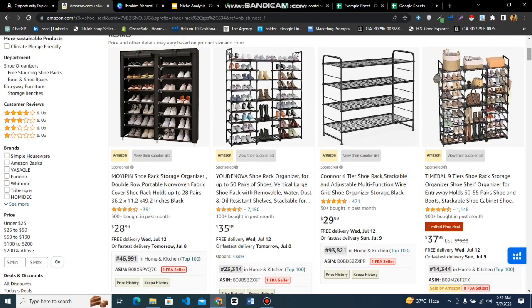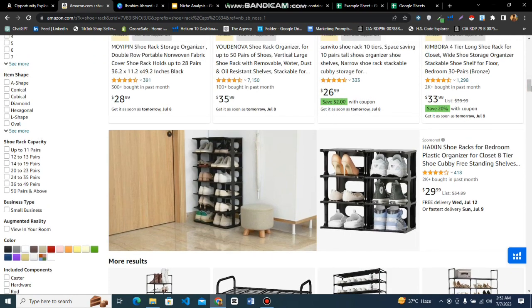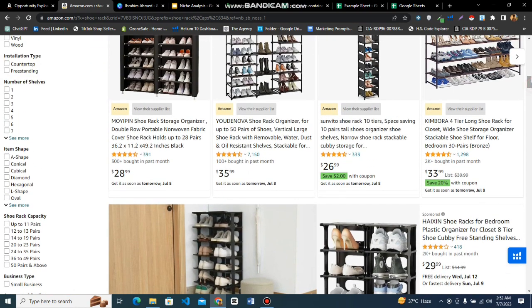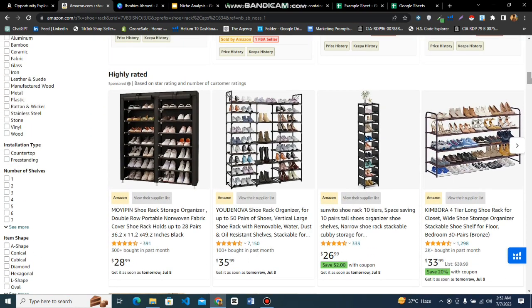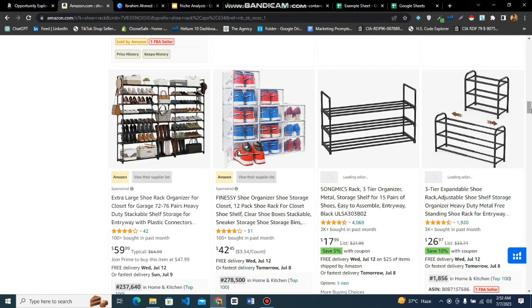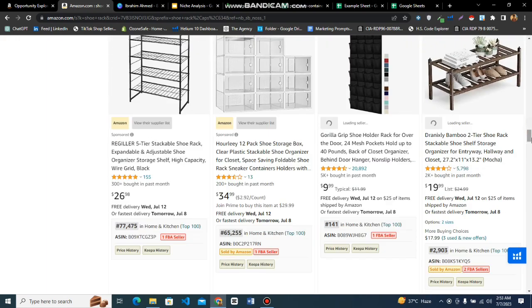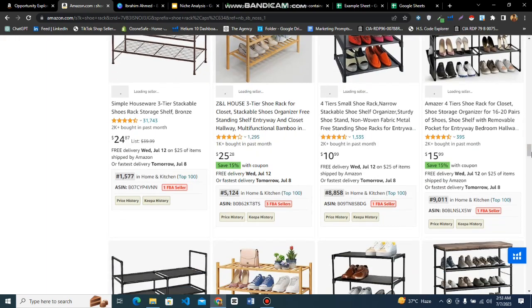Okay, so basically here you can see every seller is basically selling the same design, and I see some other things such as the price. I check the ratings, I check the reviews, I check the images of the seller, like if there's a gap. This is just a basic look of what I do once I type the niche in Amazon. So the more advanced things I will discuss